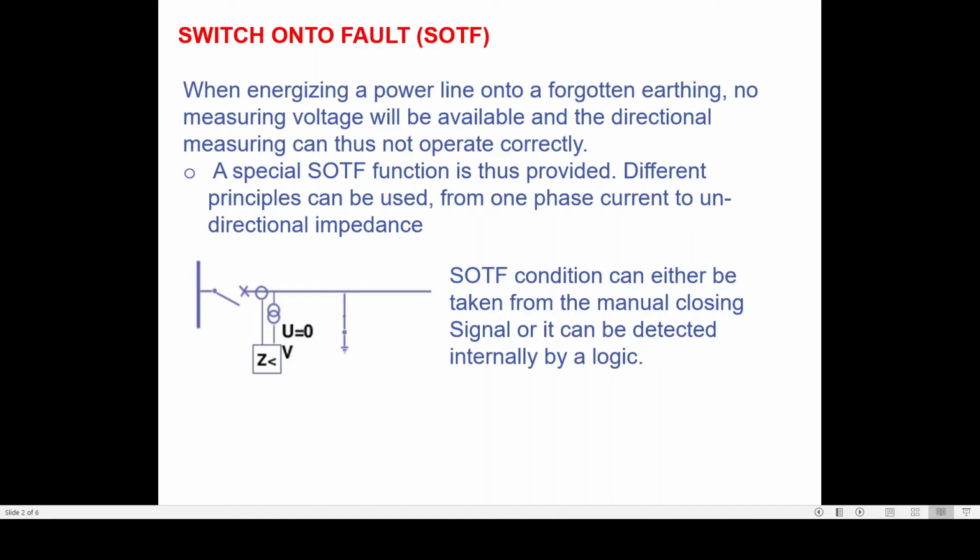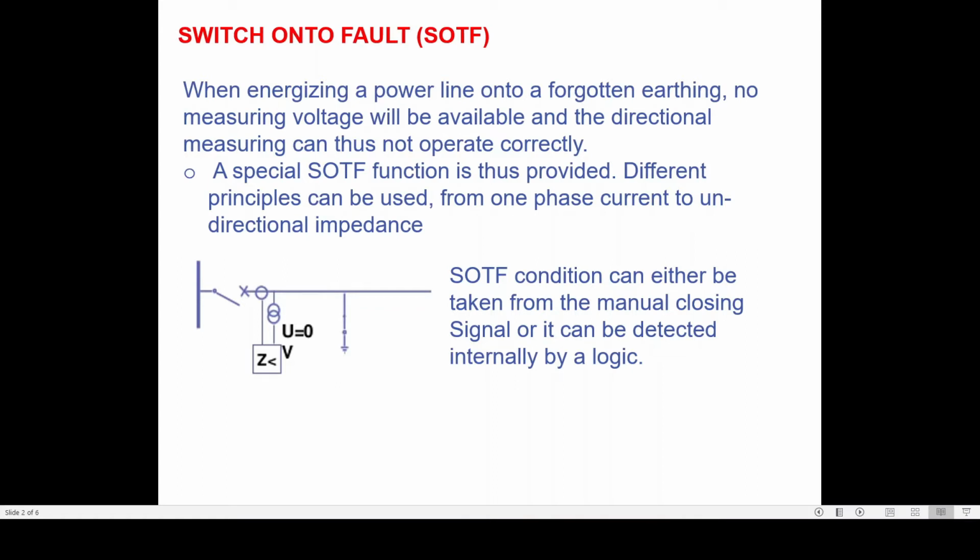Why instantaneous? Because you cannot wait for even 100 milliseconds in case of switch on to fault. You know that there is an existing fault on the transmission line, and now you have closed the breaker, and you cannot wait for 100 or 200 milliseconds before operation of your overcurrent protection, because in that case your elements, or other connected transformers and other elements, will keep on feeding the fault, and you cannot allow your power system to run on the existing fault in the system.